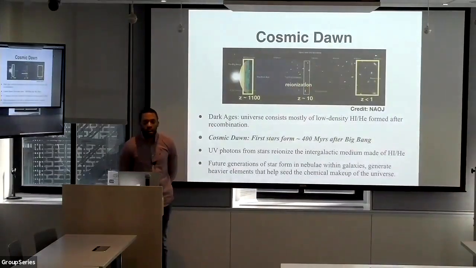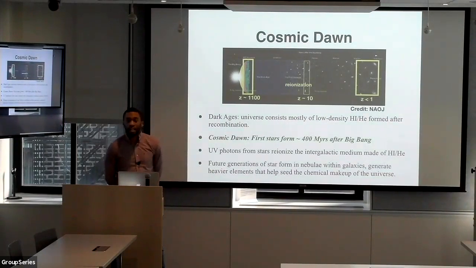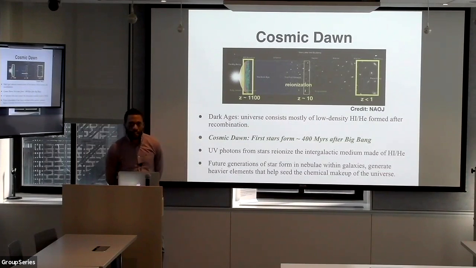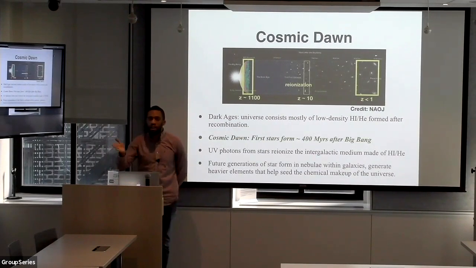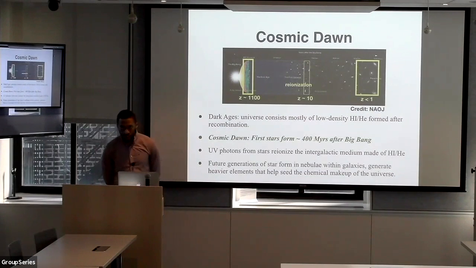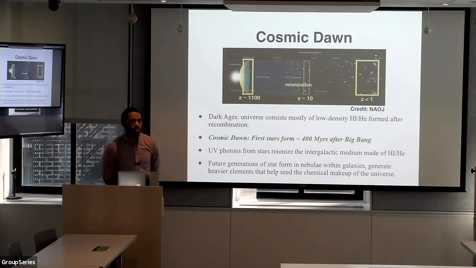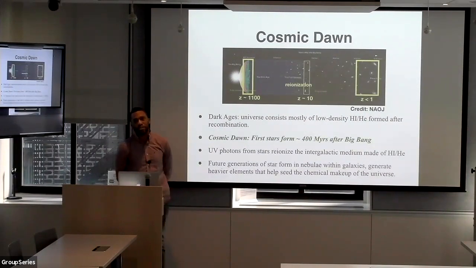First of all, as a review, I want to present the basic idea behind cosmic dawn. Cosmic dawn is the point in time at which we believe that stars first ignited in the universe. Before then, we had a period called the Dark Ages, which lasted from a redshift of 1100, when recombination occurred and the first atoms were formed, all the way to the first stars, when you basically just had neutral hydrogen and helium and some trace elements.